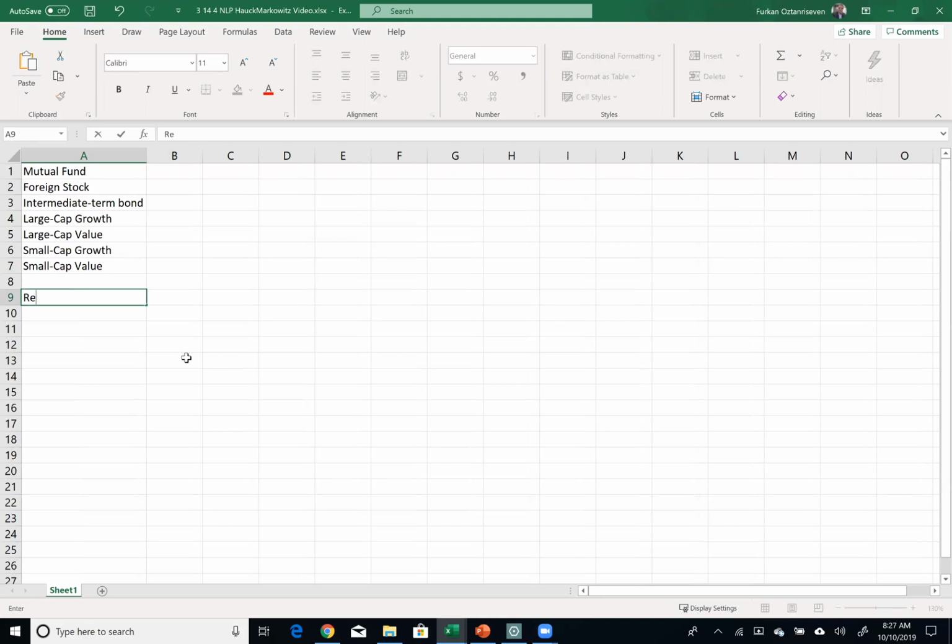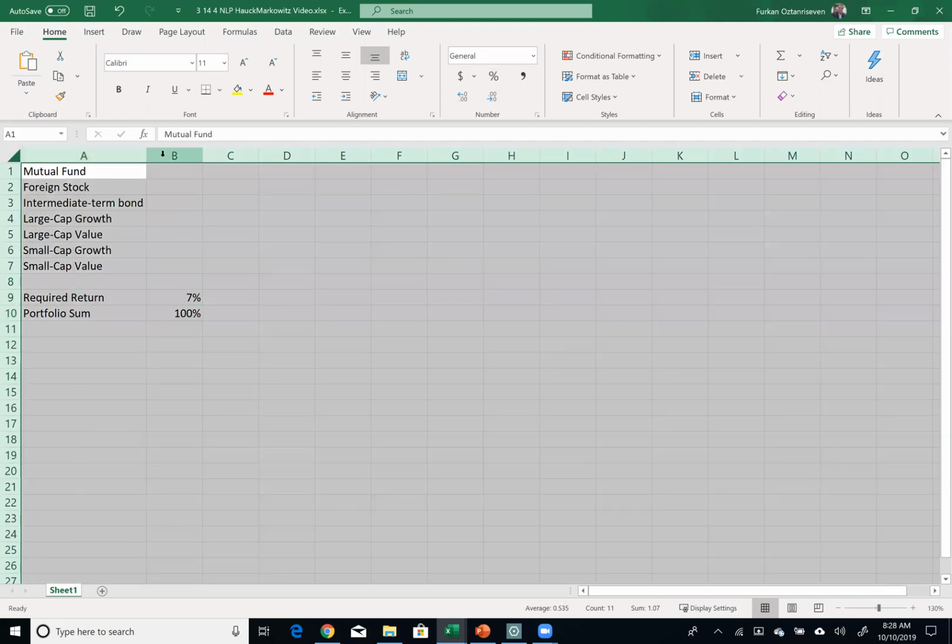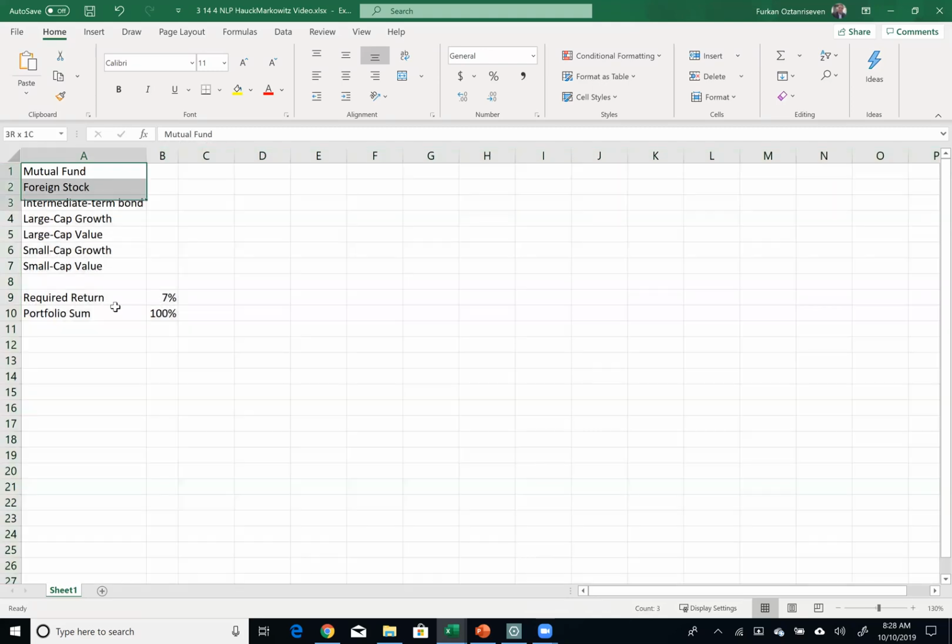So let's say this client would like to have a return of 7%. And let's say the client wants to spend all the money and doesn't want to have any cash. In some portfolios, we do have cash, but in this case, my client doesn't want it, so 100% invested. All right. So based on these given names, I would like to now work on my